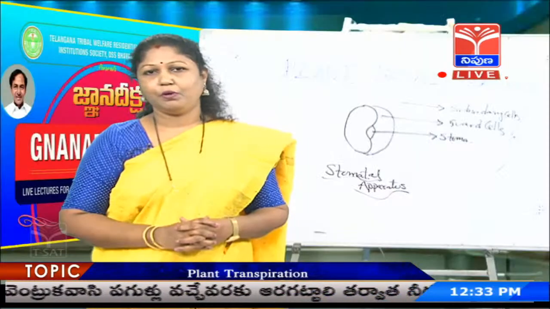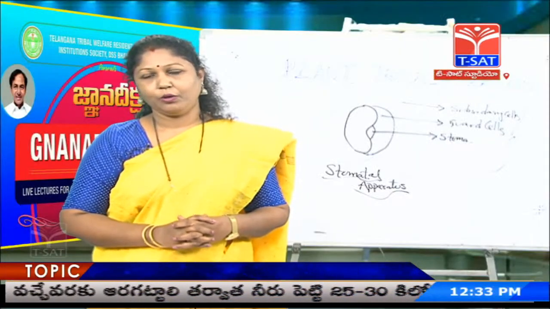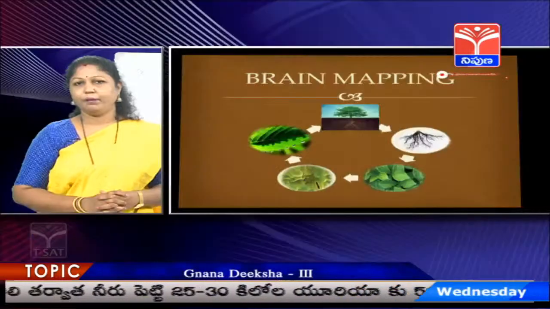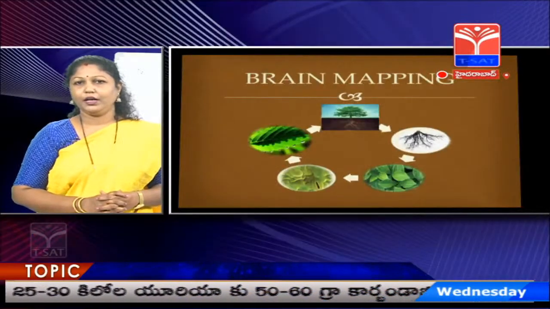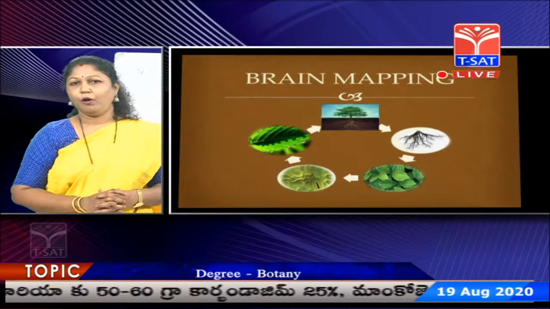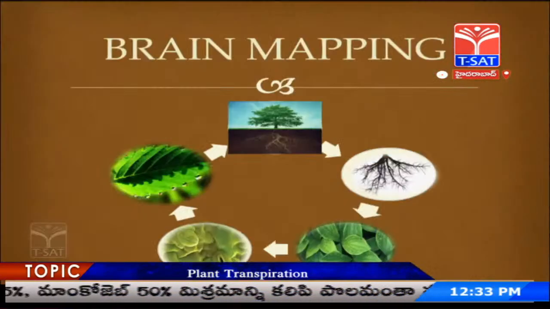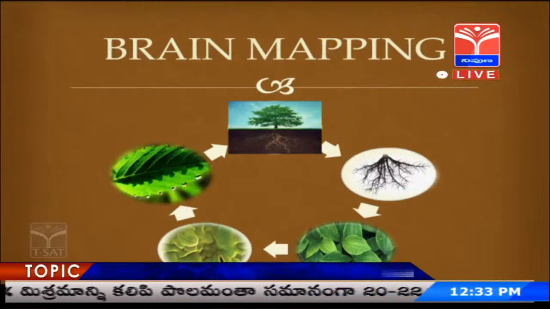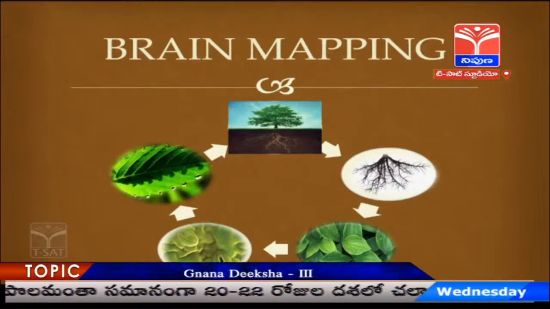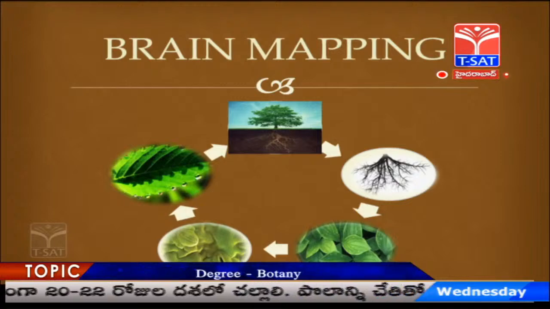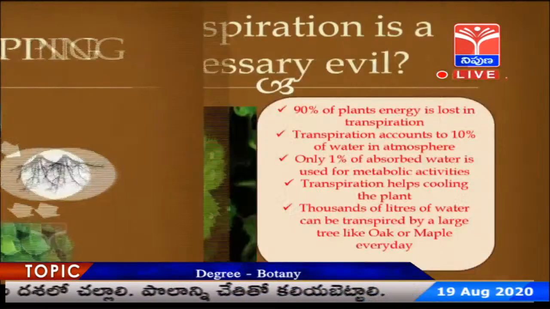And how does this process occur? Not only on soft aerial parts of the plant, specifically on the leaves, you find that small tiny pores are present, openings are present, called stomata. Through this medium, this excess water escapes into the atmosphere in the form of water vapor. So, let us move on further now.